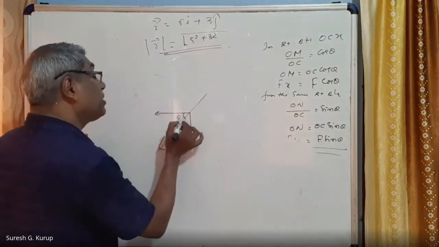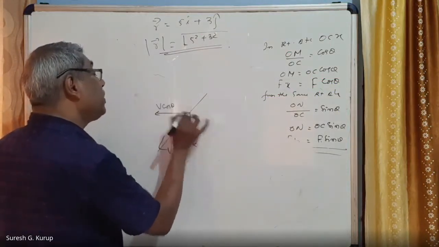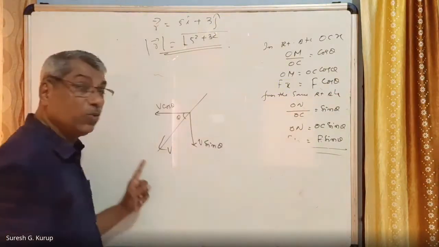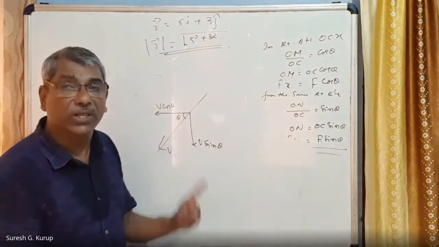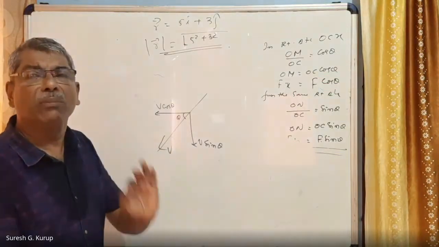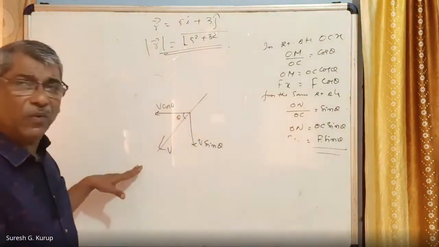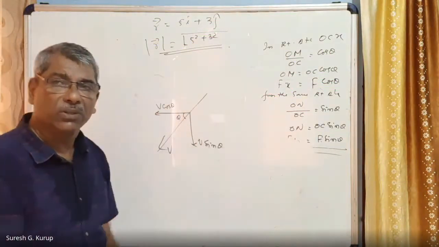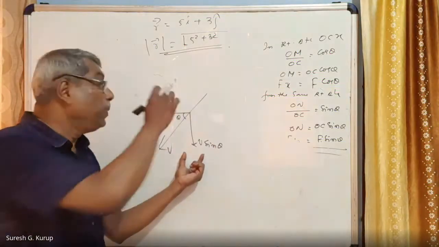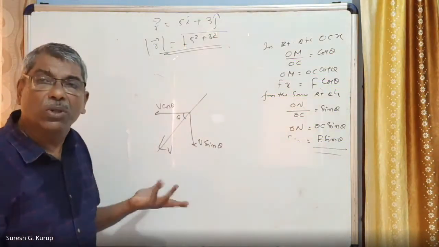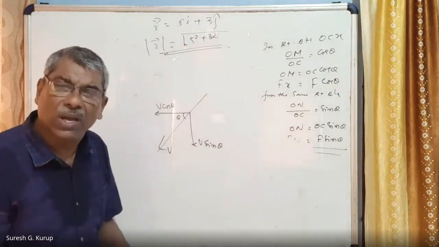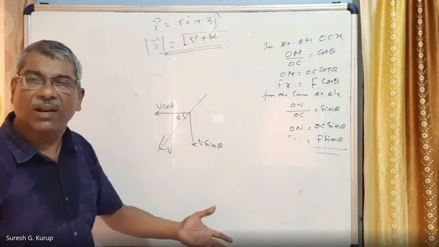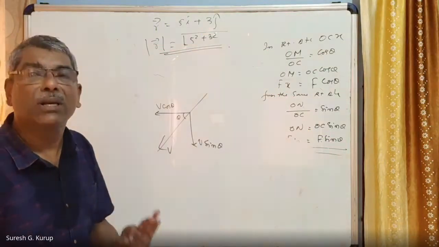The component that makes an angle theta will always be v cos theta. The other will be v sin theta. Which one must be the cos theta component and which the sin theta component? That is very important to see. With the original vector, the component which makes an angle theta will always be cos theta. The other will be perpendicular because they are orthogonal. Orthogonal is also called perpendicular, and perpendicular is also called rectangular, right? All these are commonly called orthogonal components.